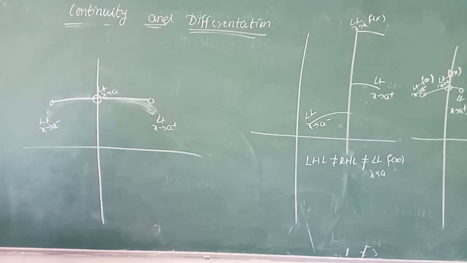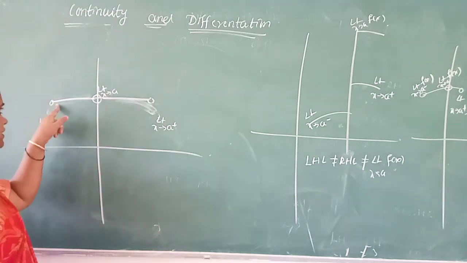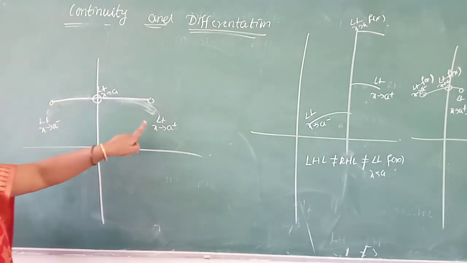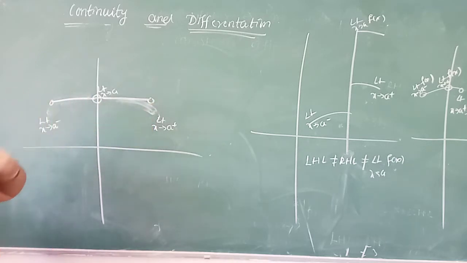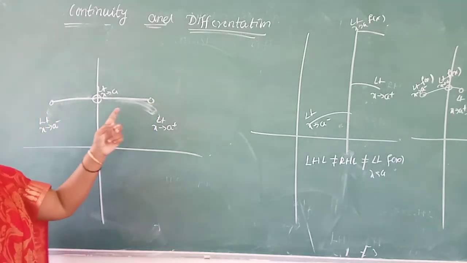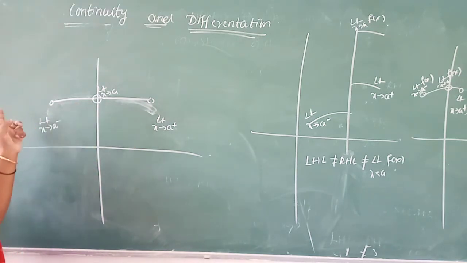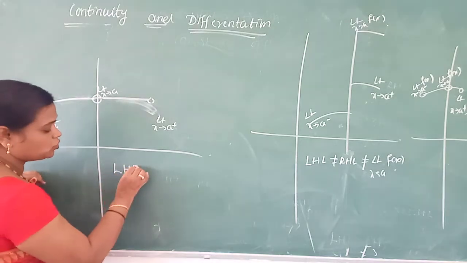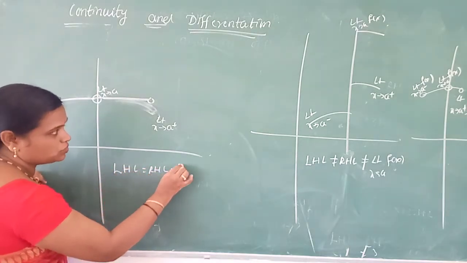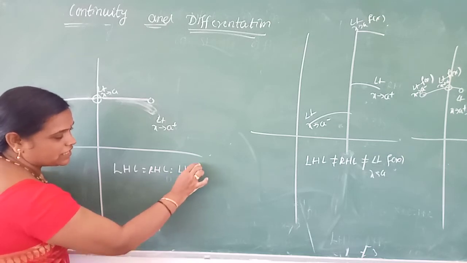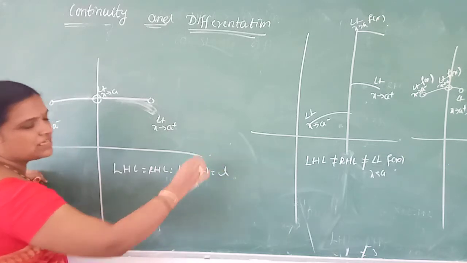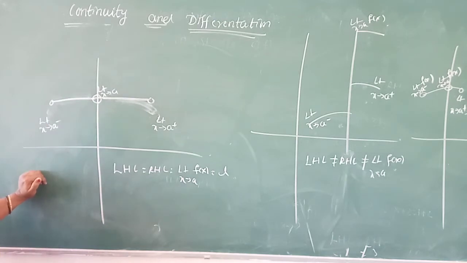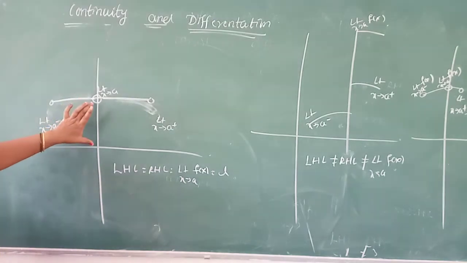In this case, just concentrate. What happens? See, limit as x tends to a minus, this is the value. Limit as x tends to a plus, as limit x tends to a. In both the cases, see the graph of this function equal. Means here LHL equal to RHL equal to limit as x tends to a f of x. In both the cases, you get the same answer. You can say that the answer is yes.